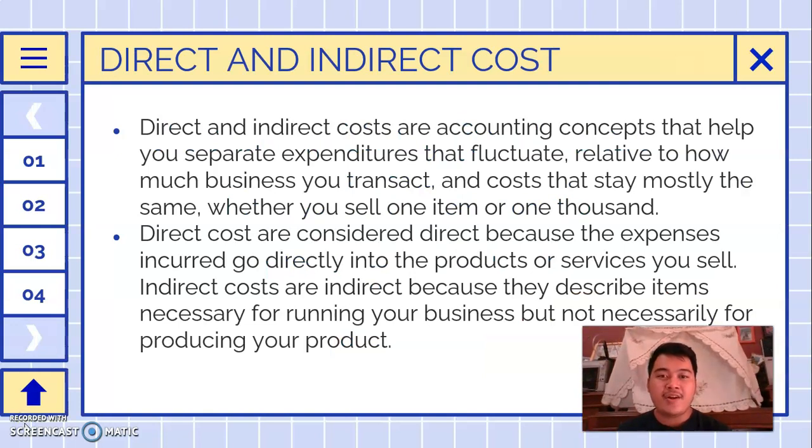Direct and indirect costs are accounting concepts that help you separate expenditures that fluctuate, related to how much business you transact, and costs that stay mostly the same, whether you sell one item or 1,000. Direct costs are considered direct because the expenses incurred go directly into the products or service you sell. Indirect costs are indirect because they describe items necessary for running your business, but not necessarily for producing your